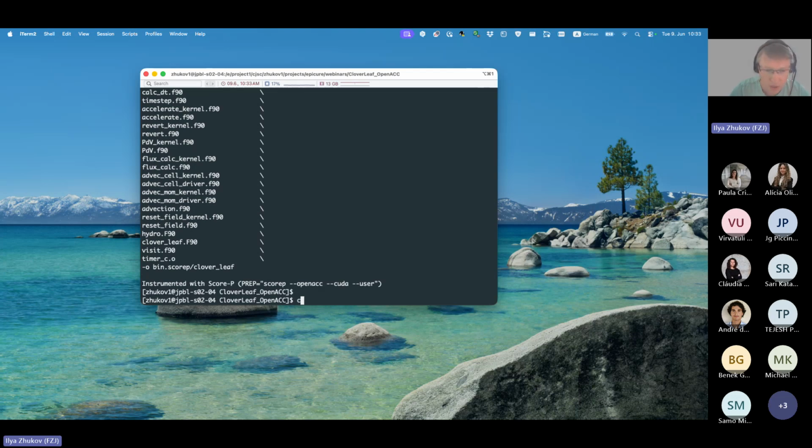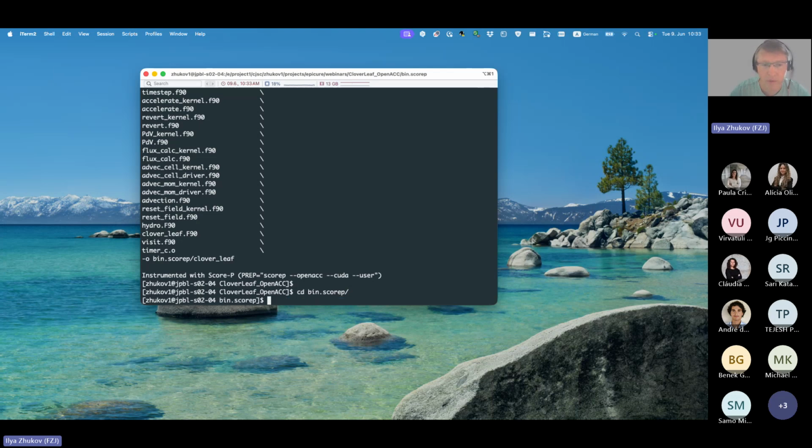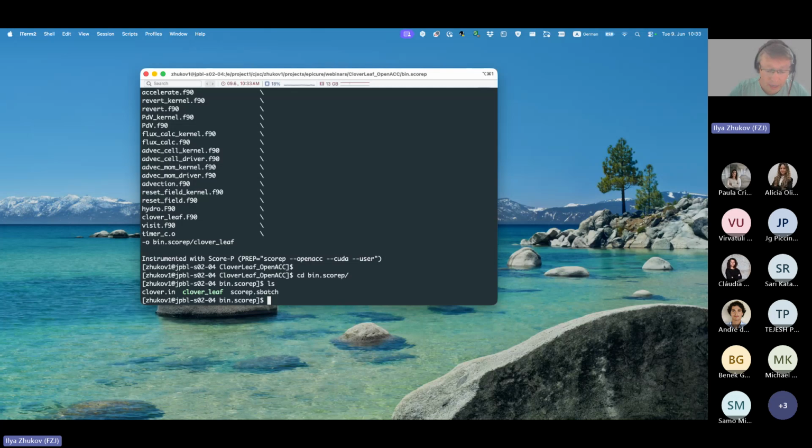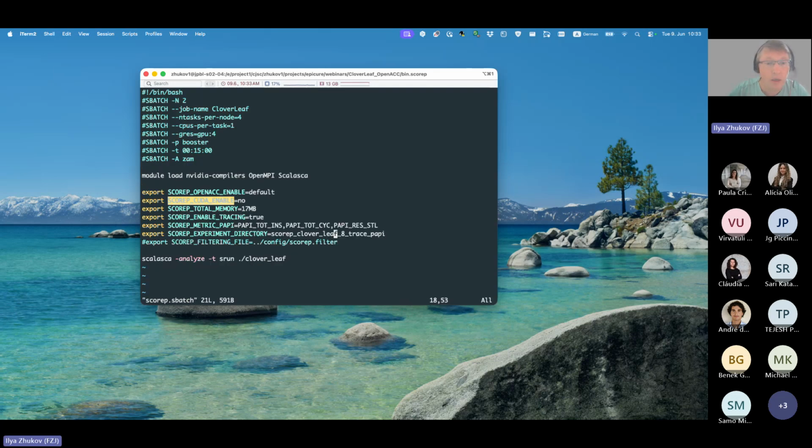Okay, we are done. So let's go to the bin.scorep directory. It stores in a different directory because we don't want to mix different executables. It is already there. And then we'll open a batch file for Score-P. Then basically we need to, before we were running srun ./cloverleaf, but now we have to prefix it with a